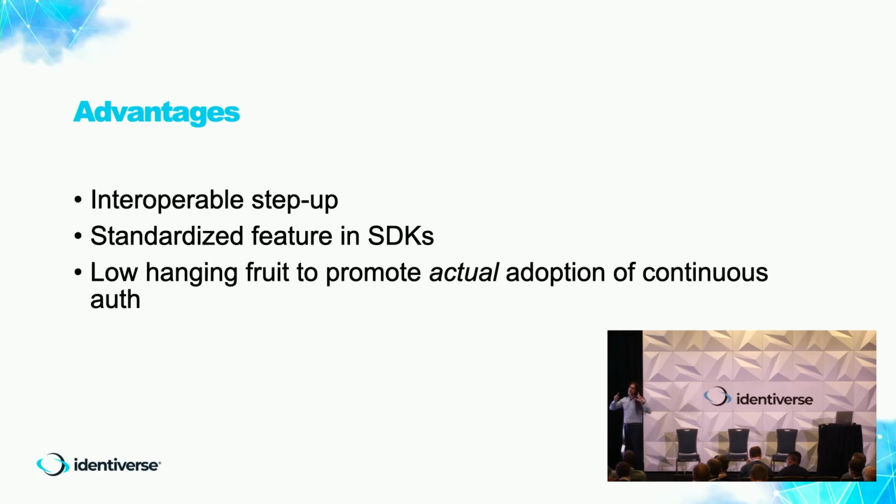But here there is a bit of a bigger picture consideration, which is we have some mechanisms meant to support this. And you could use some other mechanisms, like some eventing system, to perform this, and in general, continuous authentication. But those systems typically are very powerful, but they require significant investment. This thing is bare bones. The authorization server already supports it, apart from the metadata, with very few exceptions. The client doesn't have to do any magic. It just needs to read one parameter and include it in the next call.